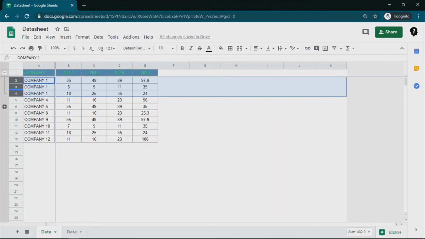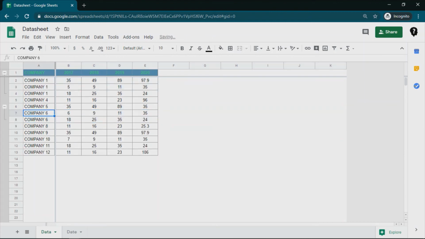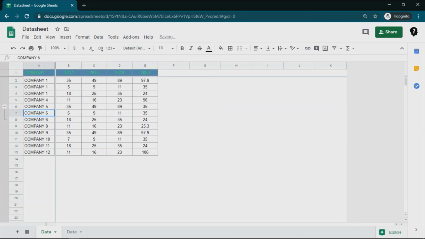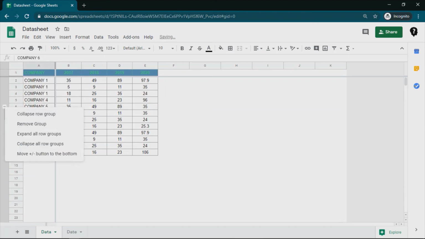The ideal way to use this group command is not selecting all the rows, rather selecting the rest of the entries except the first one. I'll show you that. Before that, we need to remove this grouping. So I can right click on this and remove group. I can either collapse all, expand all, use these options. Let me remove this for now. This can be similarly accessed from the data menu as well.